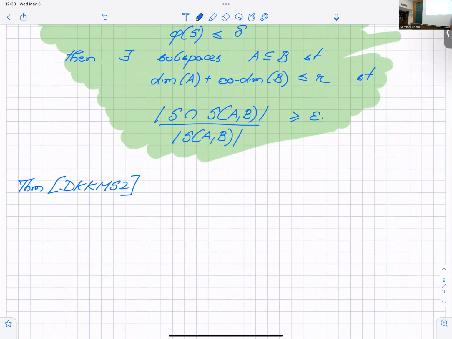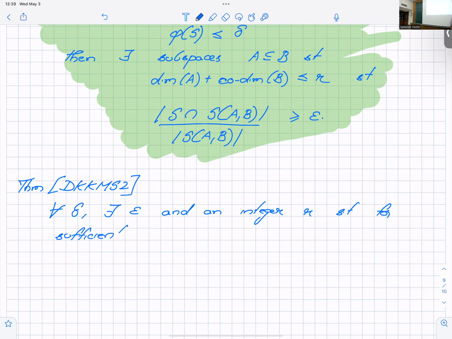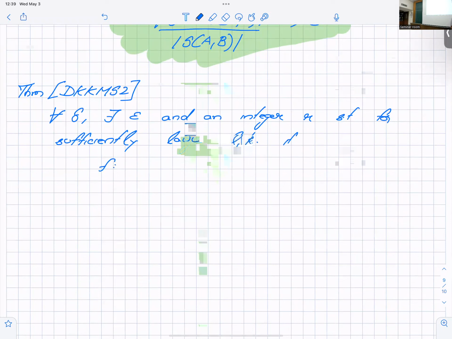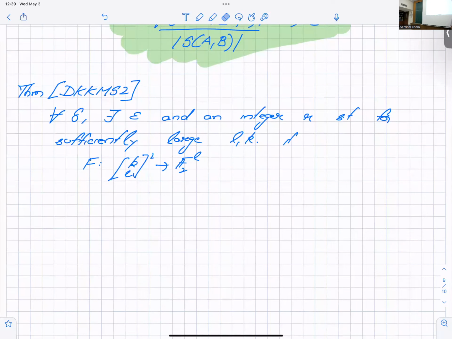It proves that for all delta, there exists an epsilon and an integer r such that for sufficiently large L, K, if f is a function from KL to F to L is sitting here,